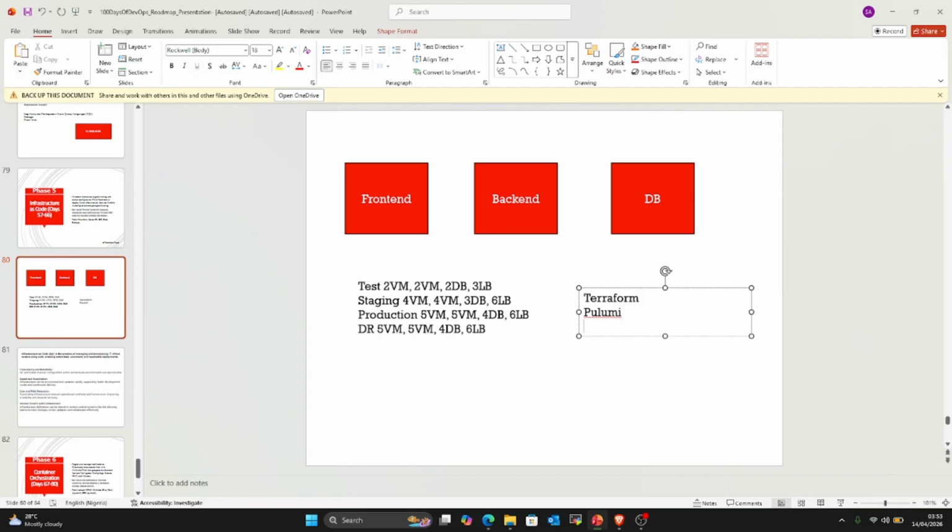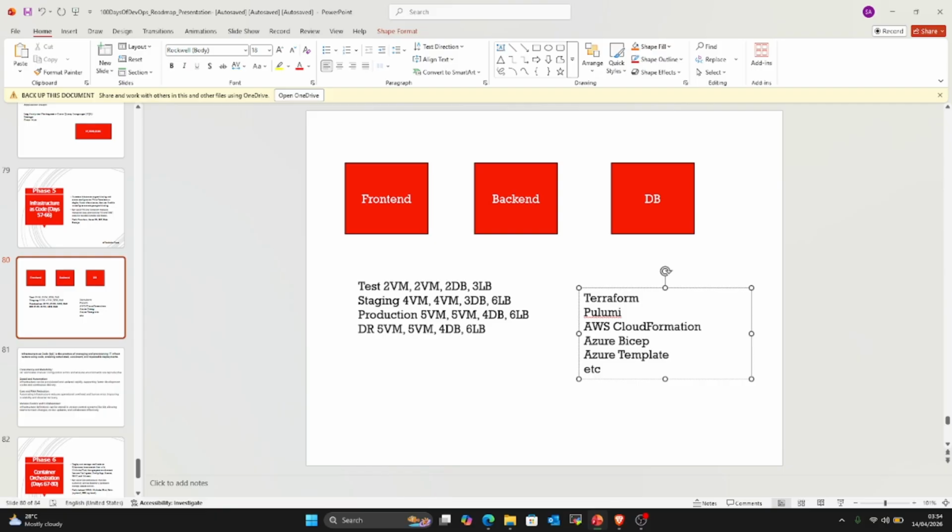We have AWS CloudFormation. We have Azure Bicep. We have Azure templates, and you know, we have different things.